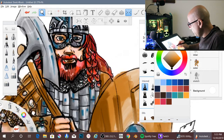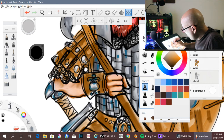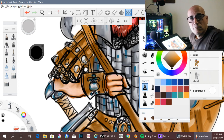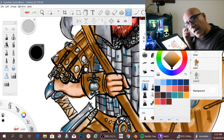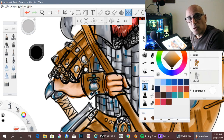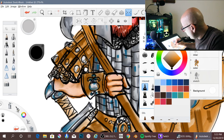for example, Krita not only works with tablets like the Wacom tablets. Krita works with Huion and actually works with XP Pen, so you can use whatever you have. And the other thing is, whatever you have, or whatever you start, or whatever you finish using, is